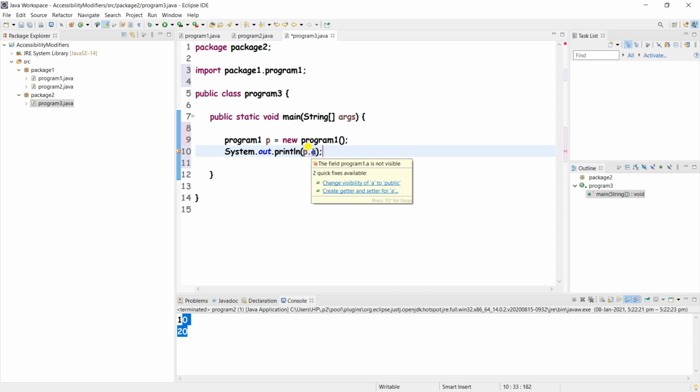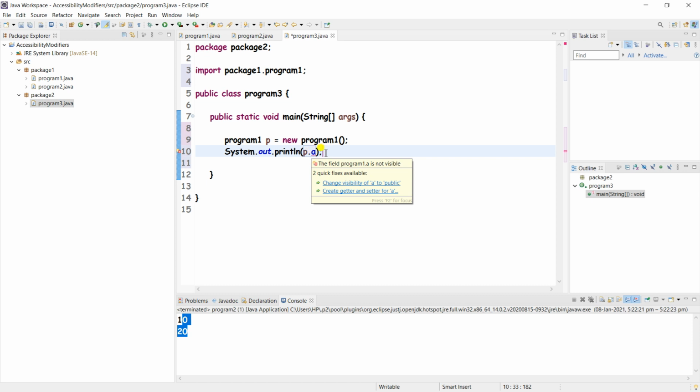Here we have declared variable a as a default variable, right? It is saying to change that visibility to public, meaning create that variable as public, then only I will give you permission to access it in this class.